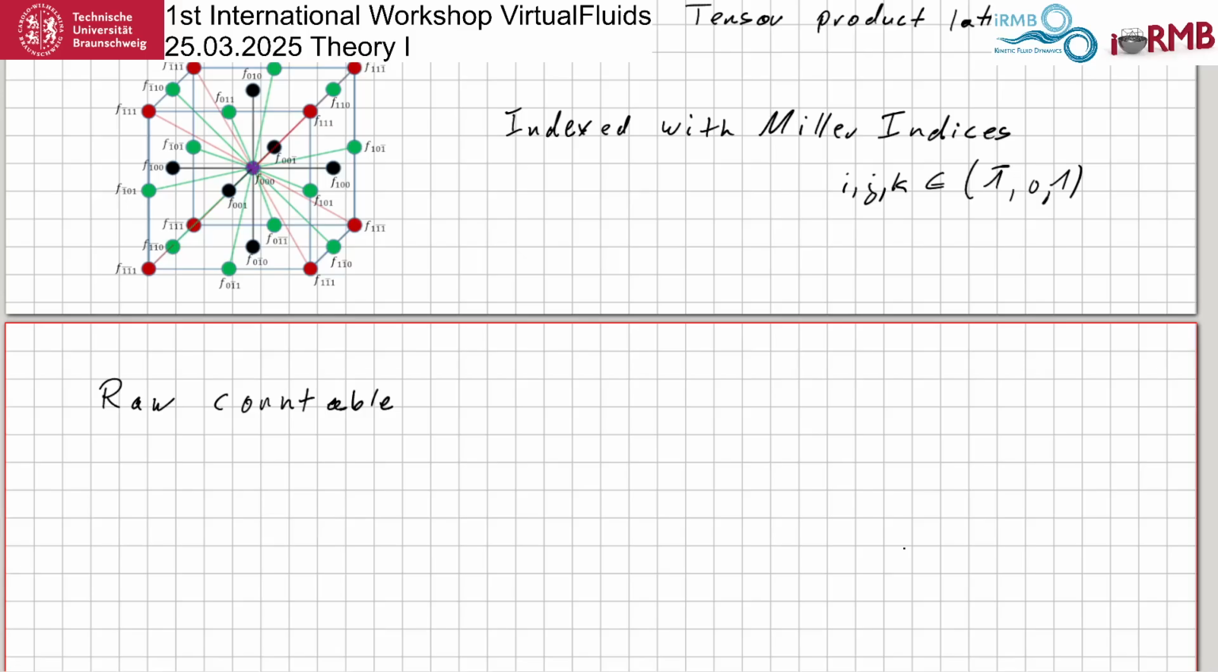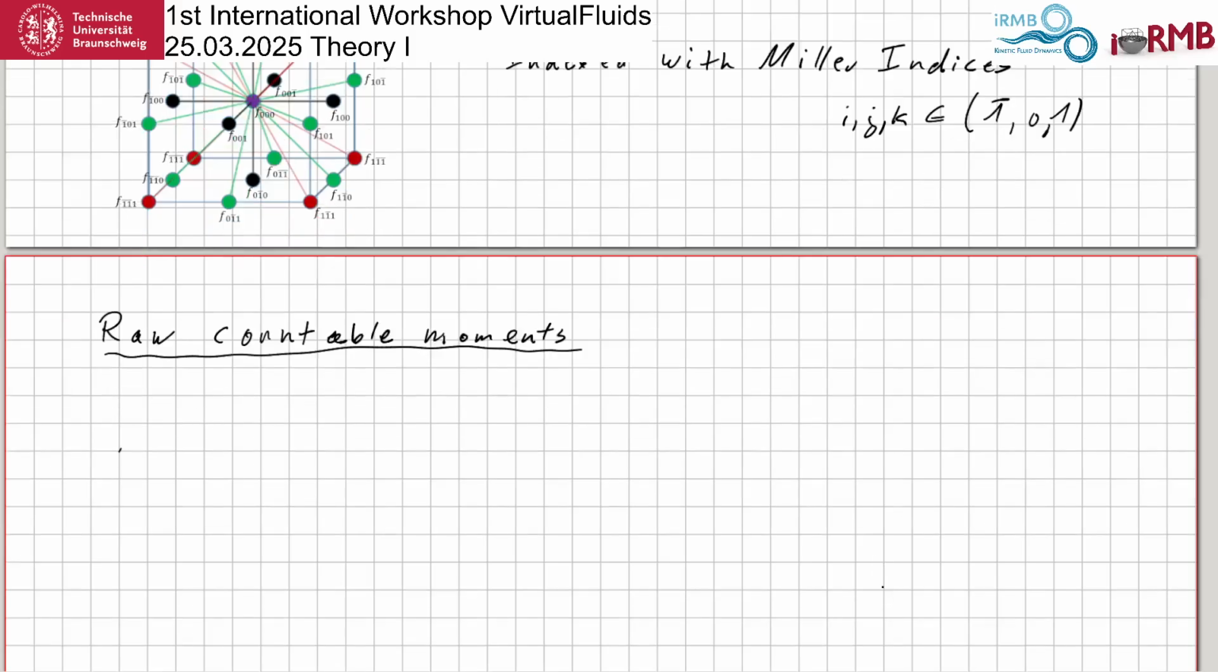Raw countable moments. So everything that's called a moment is where you multiply a distribution by a function and then integrate this. This is what a moment is. And in particular,